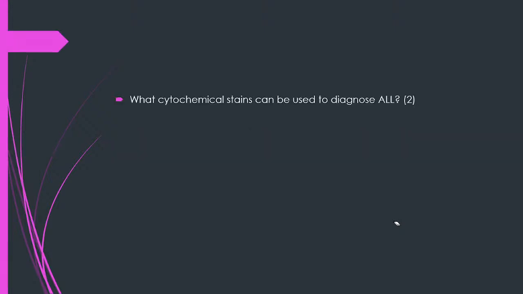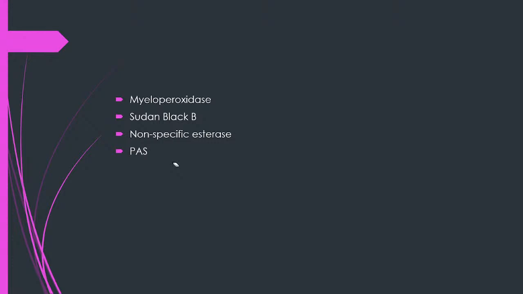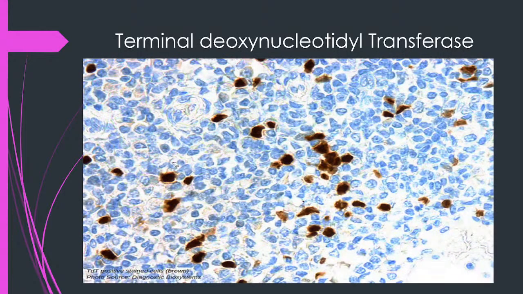Now let's begin. We can use another cytochemical stain, which is your periodic acid Schiff, which would test positive for ALL as well. But the most important one that you can use is TDT. What do we mean by TDT? TDT is known as your terminal deoxynucleotidyl transferase, and this is how it looks in the